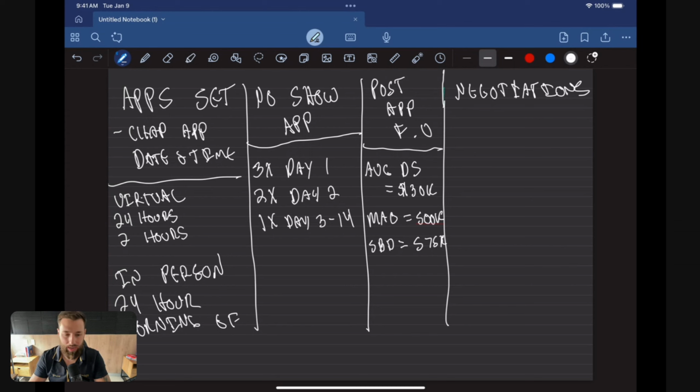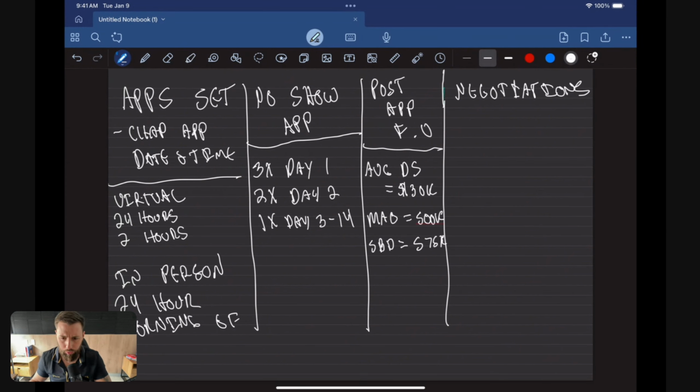If I only have an hour in my day to get to one of these buckets, I want to go to my negotiations first. I'm not going to focus on these post-appointment follow-ups if I only have an hour. However, let's say I get through all my negotiations. What's the next thing that I would go through? All my post-offer follow-ups that have overdue tasks. And then I would go through my no-show appointments, right? Obviously, my appointments have a set time, so I don't need to go through those. But those are the categories. That's how I go through this. So I basically go right to left in order of importance when I am doing my follow-ups.